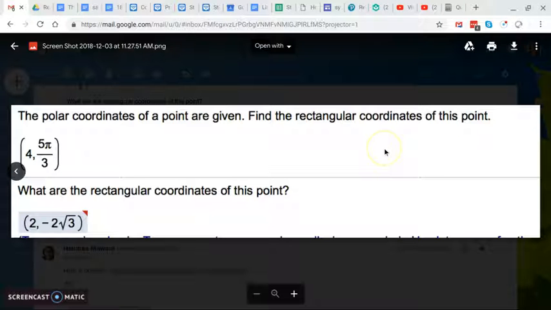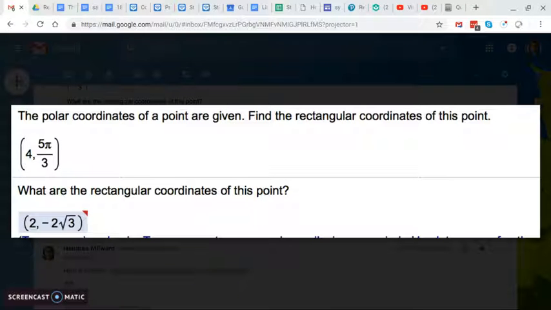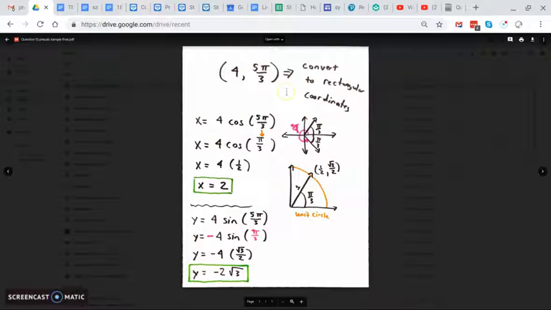Okay, so here we have a point given in polar coordinates, and we have to turn it into rectangular coordinates. This is a skill we did a lot, whether it was with vectors or complex numbers. And so I hope you remember that you can always just, here's the angle of rotation, right? So if we're thinking of this as a picture, it's an angle rotated, or like a vector rotated